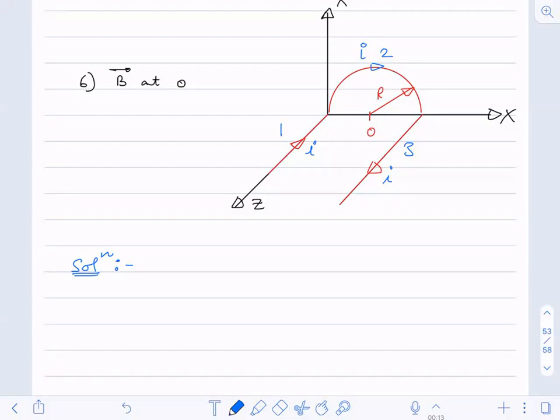I got only one answer from Gautam. It is correct, Gautam. Anybody else? Do one thing, hold your pen in the direction of the current, the tip pointing towards the current direction. Then hold that pen in your right hand such that your thumb points towards the tip. Now tell me, is this point O towards your knuckle side, or are your fingers closer to it?